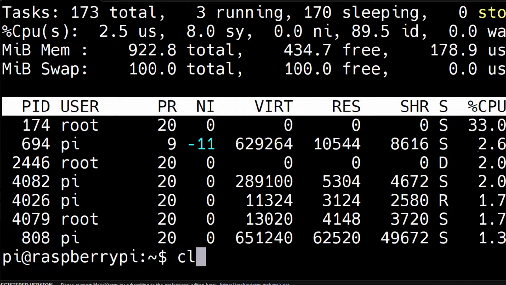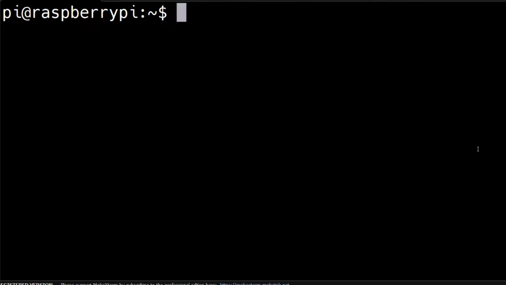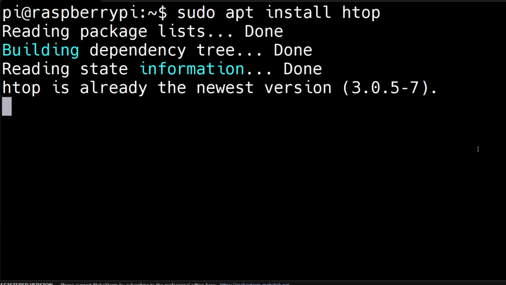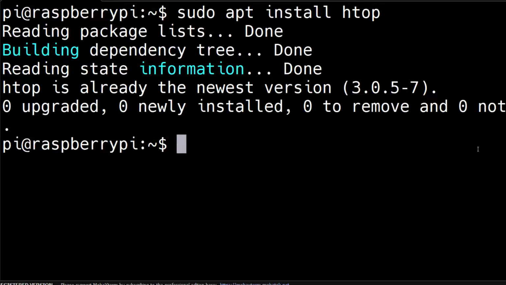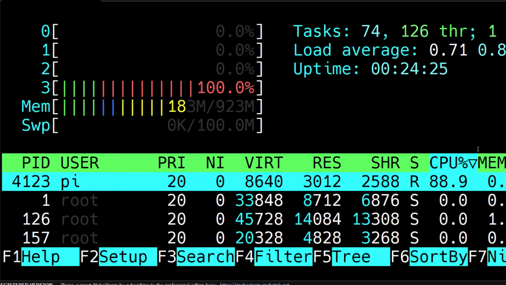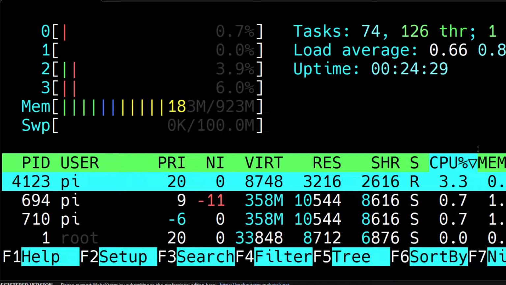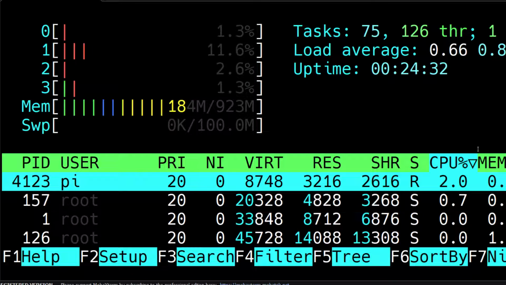Similarly, we have a better top utility or enhanced top. We can install it with sudo apt install htop. And it is going to install htop in Debian and descendant distributions. So htop is showing us all the CPU intensive processes in the descending order.